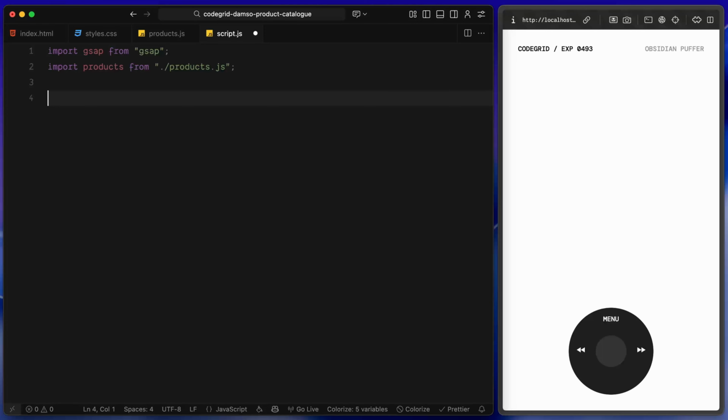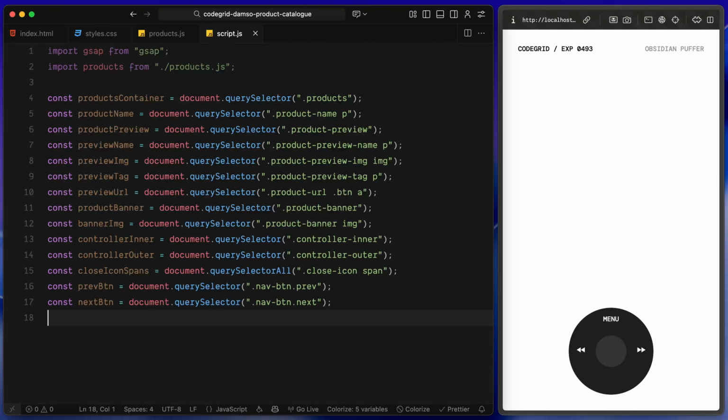background banner. Next, I am grabbing all of the key elements from the DOM using querySelector: the products container, the wrapper itself, the product name, the thumbnail image, the category tag, and the URL button. I am also grabbing the product banner and its image. This is the full screen background that fades in behind the model. And finally, I am selecting the controller elements, the inner and outer circles, the two spans that make up the close icon, and the previous and next buttons on either side. By storing all of these as variables upfront, we can reuse them later when we set states, update content, or